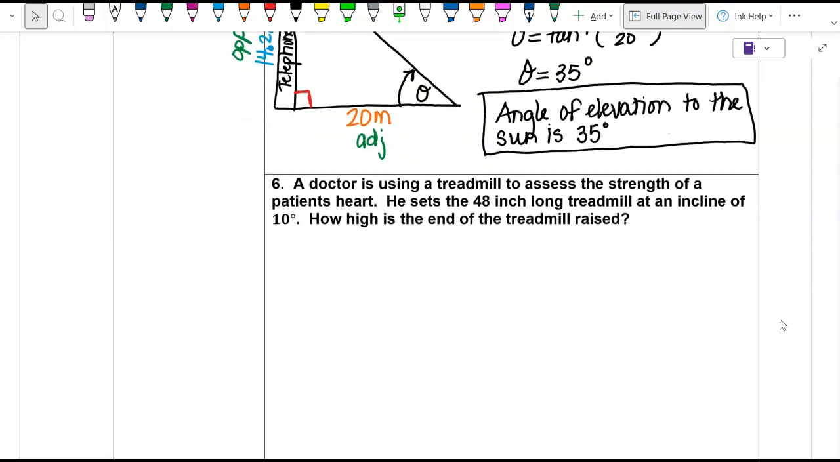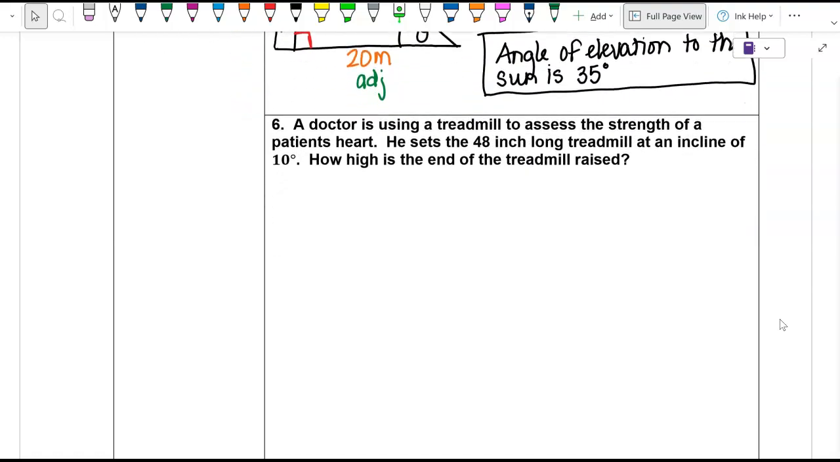All right, one more. A doctor is using a treadmill to assess the strength of a patient's heart. He sets the 48-inch long treadmill at an incline of 10 degrees. How high is the end of the treadmill raised? So they don't actually say angle of elevation here, but they say at an incline of 10 degrees. Incline, again, is something that implies we're going up. So my horizontal is going to